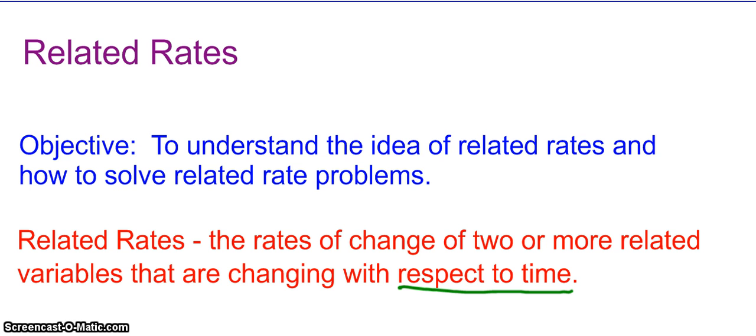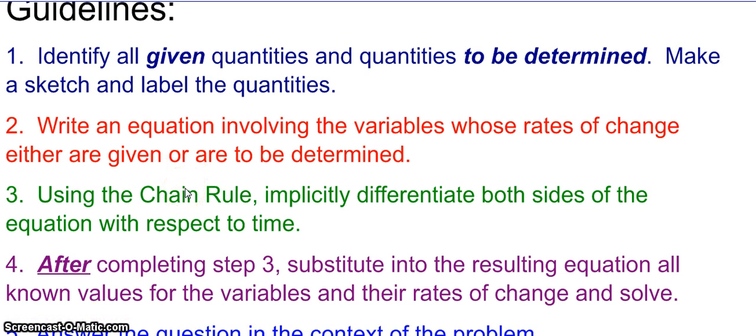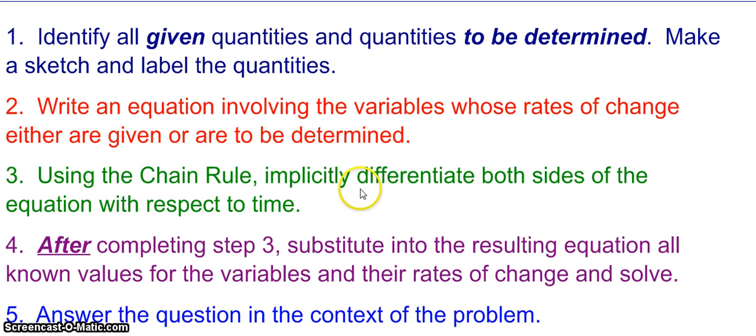Alright, let's do some other examples, but let's first understand how to do these. So here are the steps we want to follow. Identify all of the given quantities and quantities to be determined. Make a sketch and label the quantities. Okay, we've done that before. Make an equation involving the variables whose rates of change either are given or are to be determined. Okay, we can write an equation. Using the chain rule, implicitly